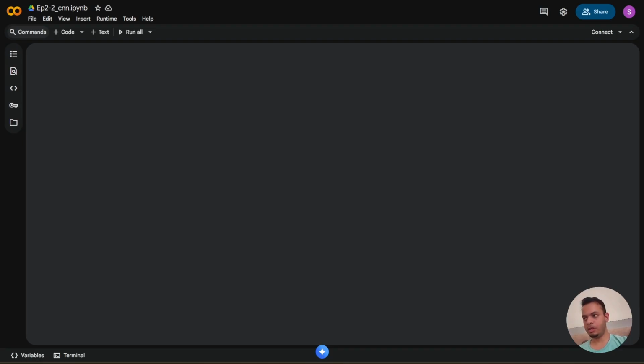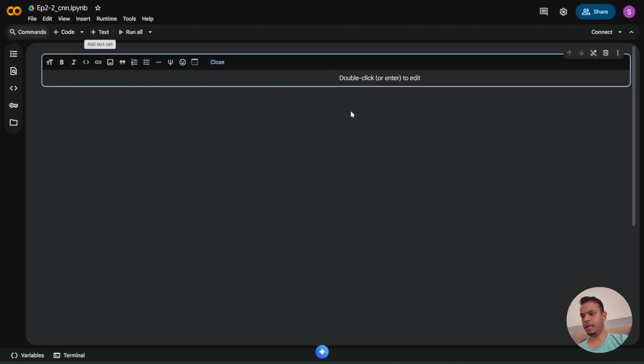So, in continuation to the previous episode, we will try to use whatever we have learned so far in episode 1 and 2 to create a convolution neural network in this one and test it out on some sample data set. So what we are going to do first is to draw out a plan, depending on whatever we have learned so far. So, what we need is